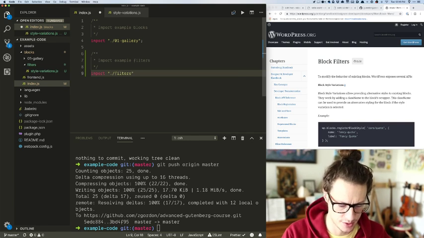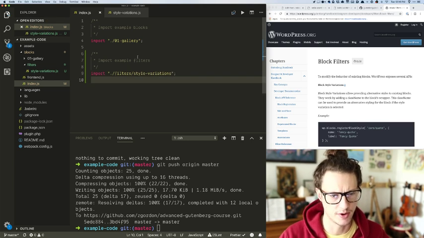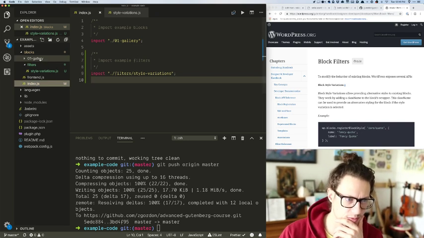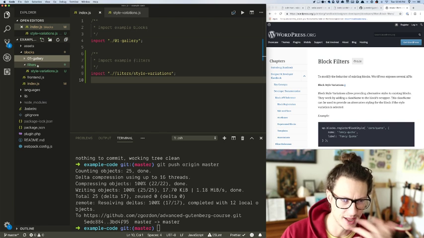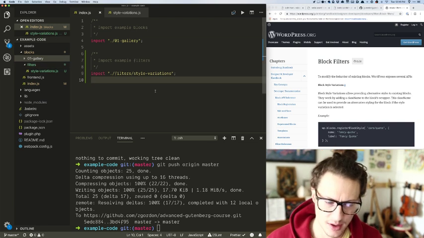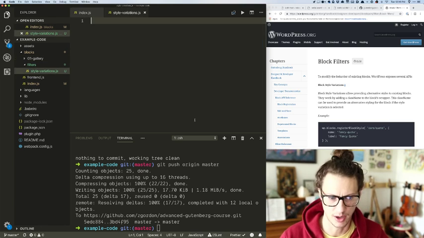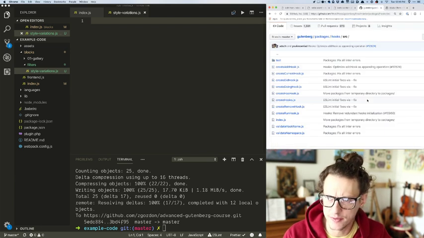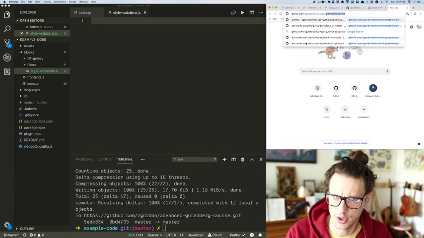So let's go into filters, and we get style variations. So this will give us all of our custom block styles. Although it might make more sense, like actually, if you know you're adding filters for your own blocks to put them in there. I don't know. I don't know that I'm loving this. Let's just get the stuff coded, then we'll figure out what makes most sense. So I actually have some of this coded from before. I didn't lose all the examples, so I'm going to go